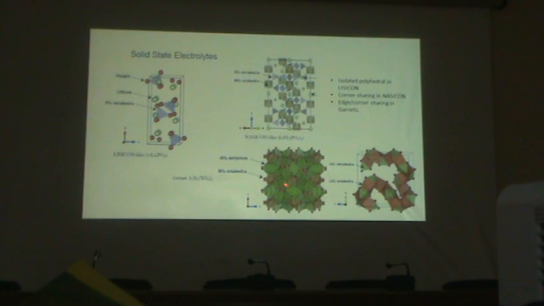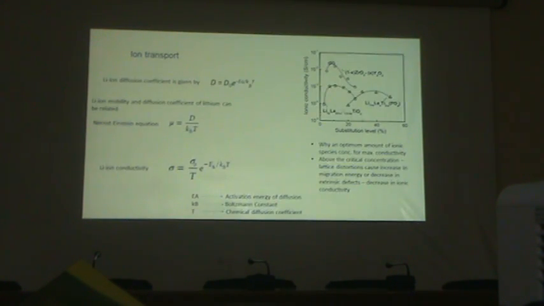And garnets are of course there, general formula A3B2O4, which also form different polyhedral networks. Normally it's the transition metal and the other ligand which form the polyhedral network, and lithium gets distributed in the channels, depending on the need. The basic idea of these formulas we have already seen yesterday itself. You need a diffusion coefficient, the Nernst-Einstein equation which talks about mobility and diffusion coefficient, and the lithium-ion conductivity which needs an activation barrier. Now, the point we will discuss in this slide is the optimum amount of ionic species concentration